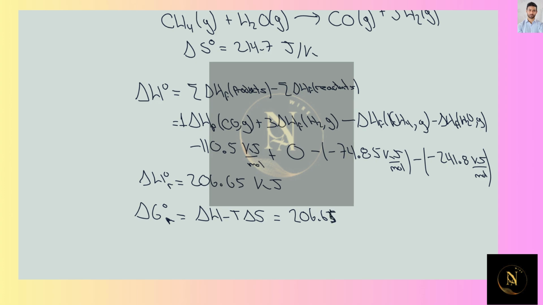In order to sum both of these quantities correctly, we need to transform the delta H into joules. So this would be 206,650 joules. And over here, Kelvin and Kelvin are going to cancel out. So the delta G for this reaction is equal to